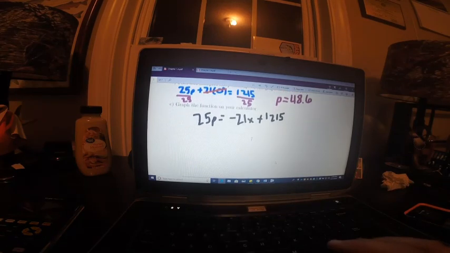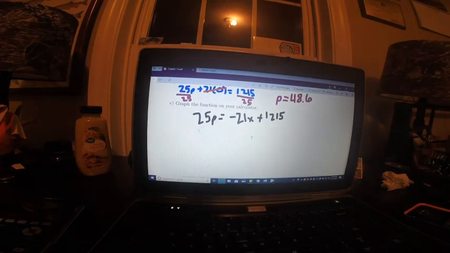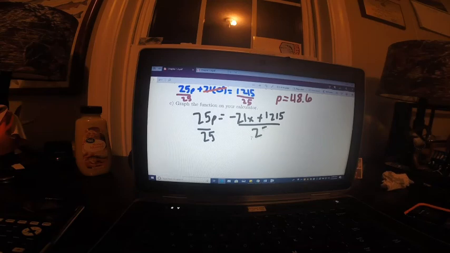Obviously I've got to divide by that 25. So if I divide by 25 on both sides, you could simplify as much as you wanted to, but I'm going to type it in direct, so that my final function I'm going to type in my calculator is p equals negative 21 over 25x